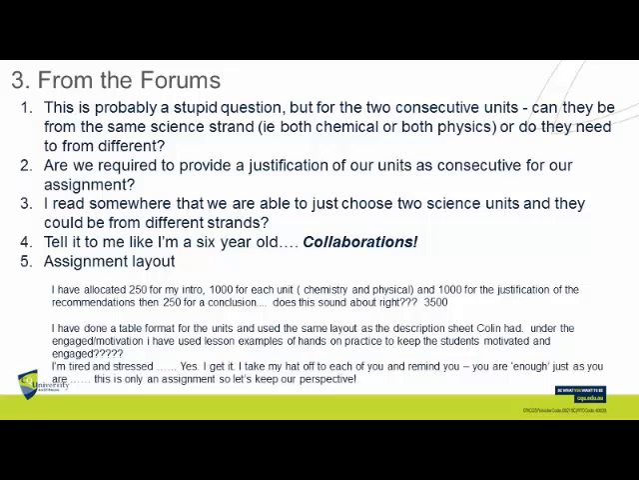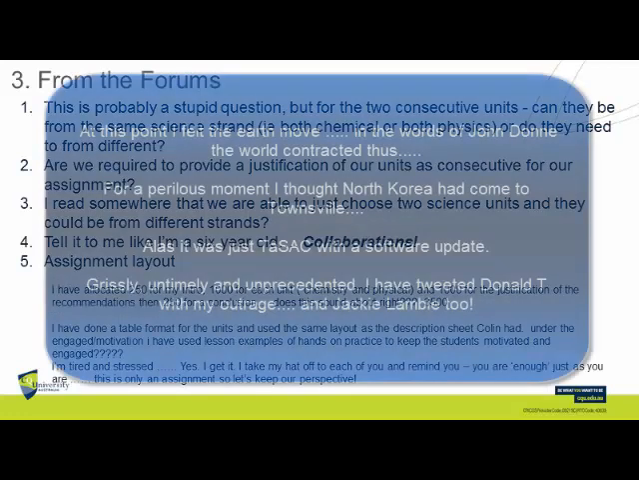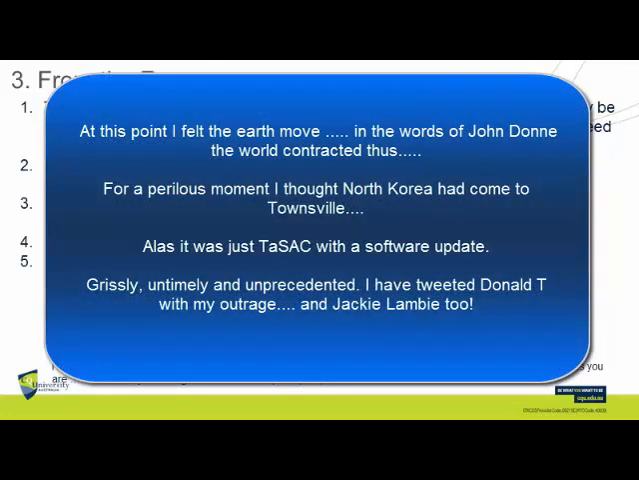I've done a table format for the units, great, and used the same layout as the description sheet column. Under engaged motivation, I've used lesson examples of hands-on practice to keep the students motivated and engaged. Yes, good stuff. Any strategies or